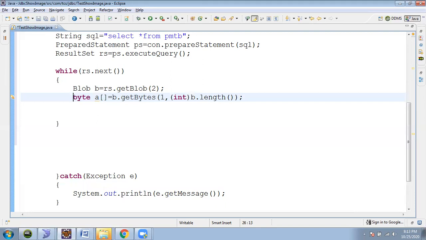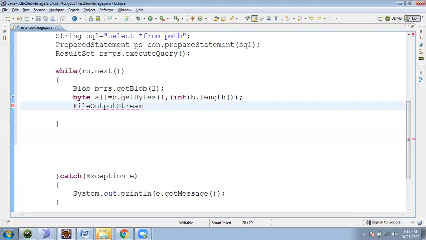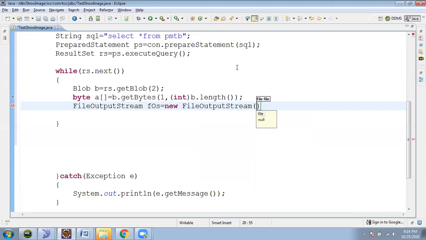I'm just trying to write these bytes of data inside of the hard disk, right? So I need to write here an output string.